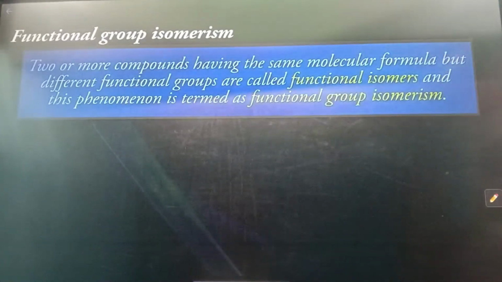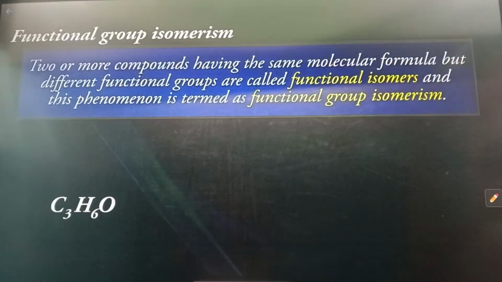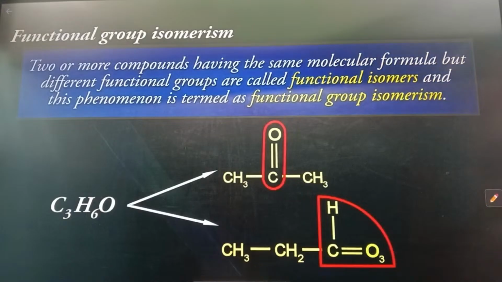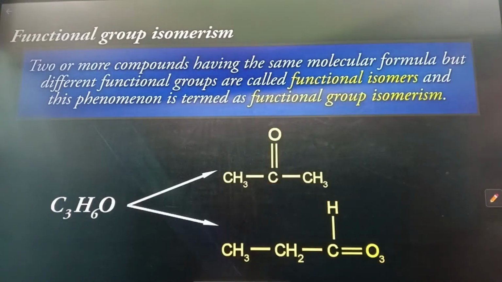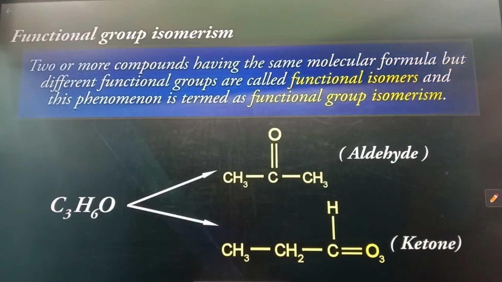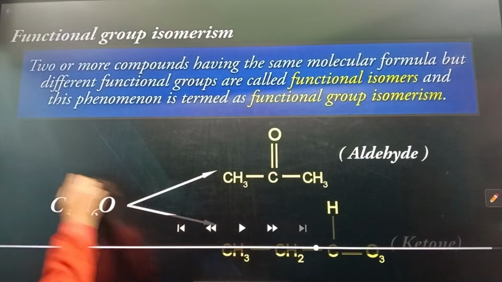The next type of structural isomerism is functional group isomerism. Two or more compounds having the same molecular formula but different functional groups are called functional isomers, and this phenomenon is termed functional group isomerism. For example, C3H6O represents an aldehyde and a ketone, that is, propanone and propanal. Hence, both propanone and